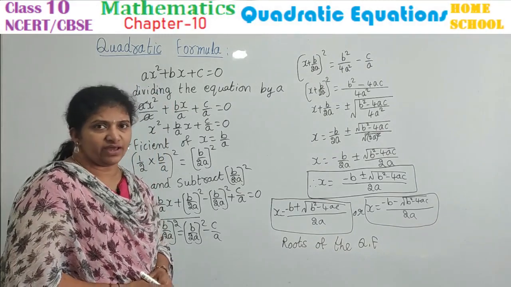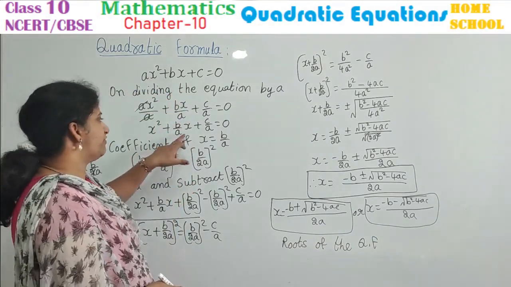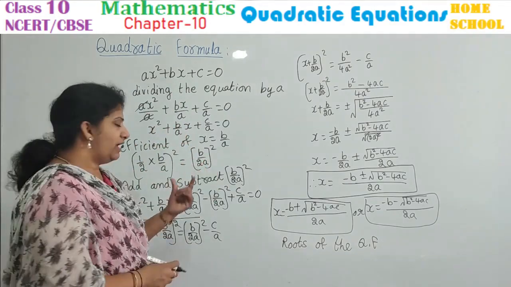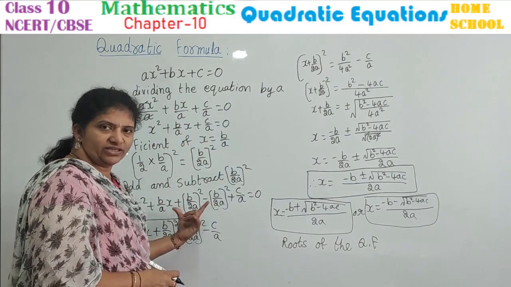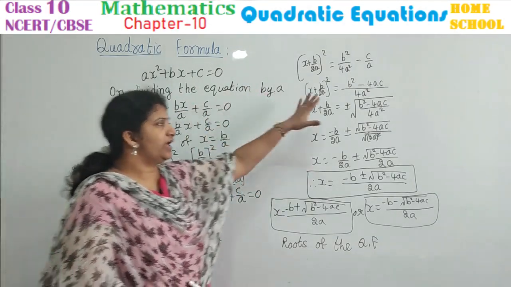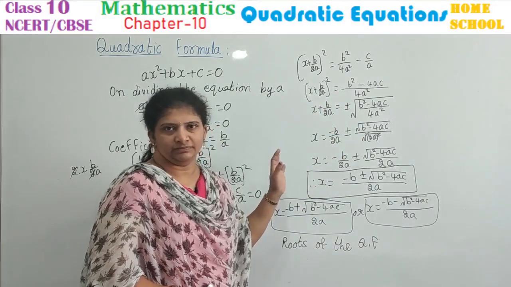using the completing square method, made x square coefficient 1, then observe the x coefficient, half of it whole square. Then that term add and subtract in the equation, and then you are going to get the roots. Do this carefully, you may have a chance of making a sign mistake.